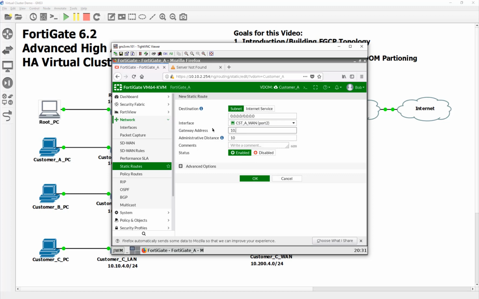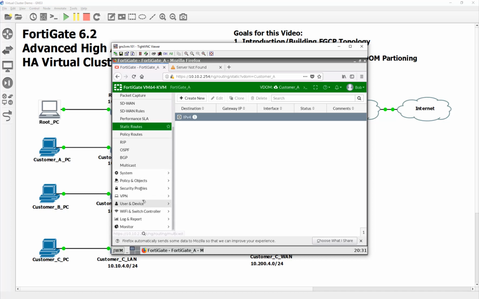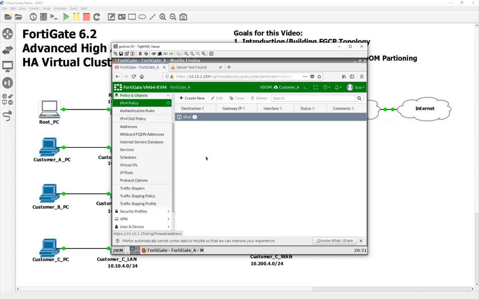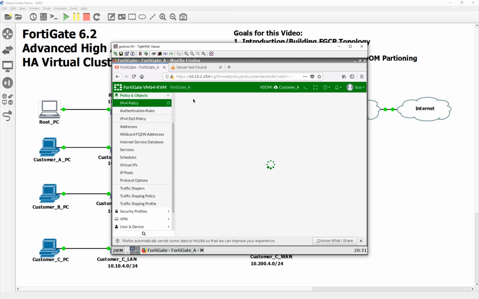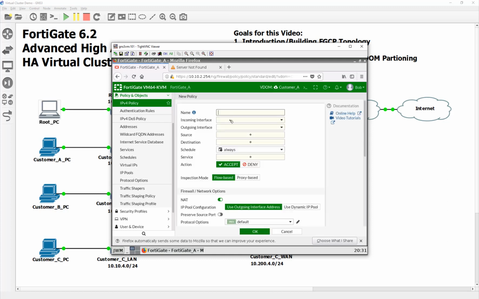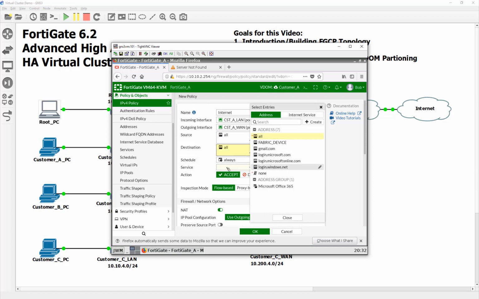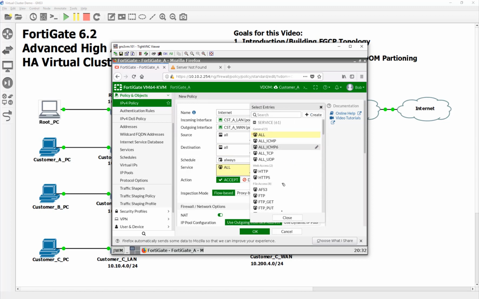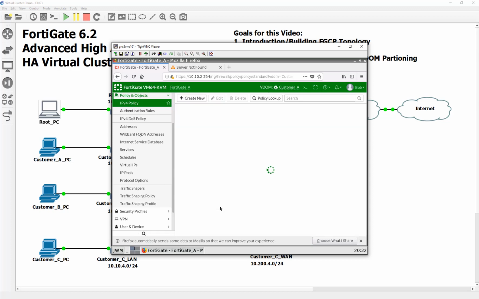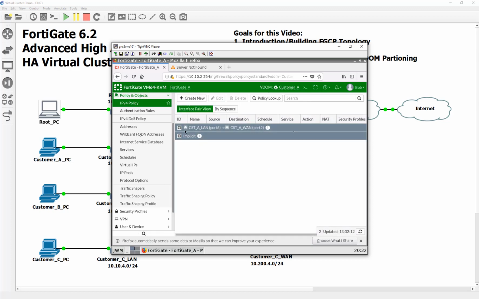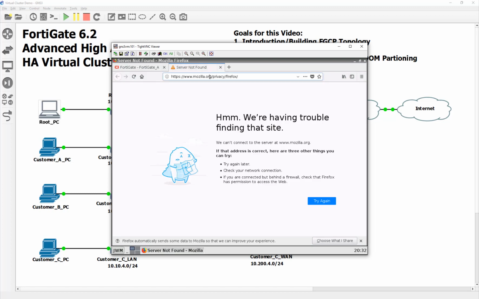And I believe the pfSense is 200.2.254. All right. And then we'll write the firewall policy to allow traffic out. And you know what? Maybe I will do a series on VDOMs because they are really stinking handy. It's a really neat way to carve up your FortiGate, going beyond VLANs. Because you can also delegate resources. All right, so we can test this now by just going to something like